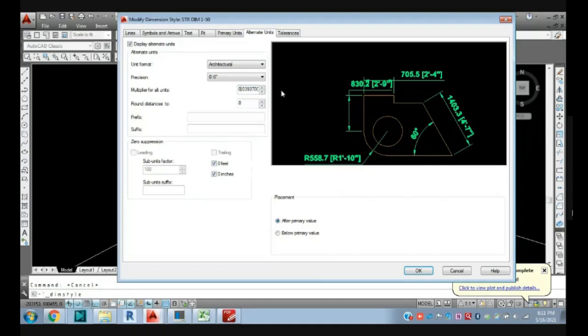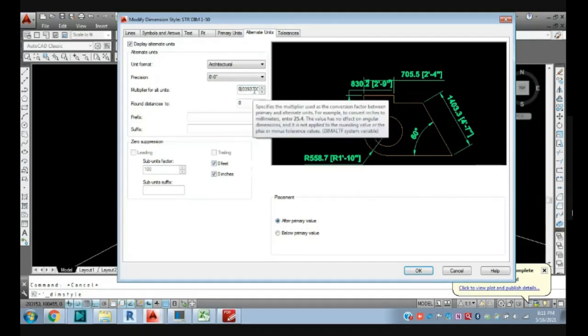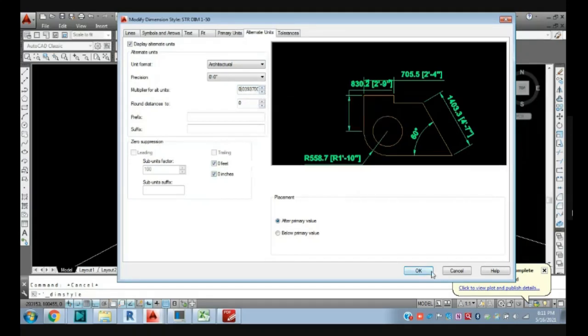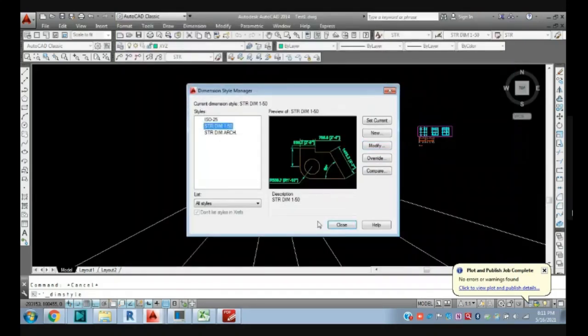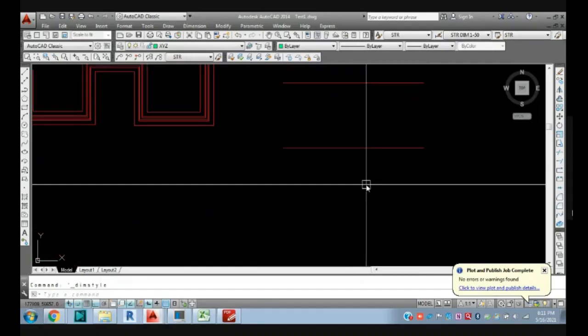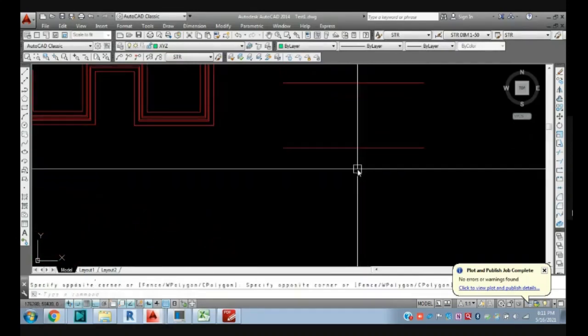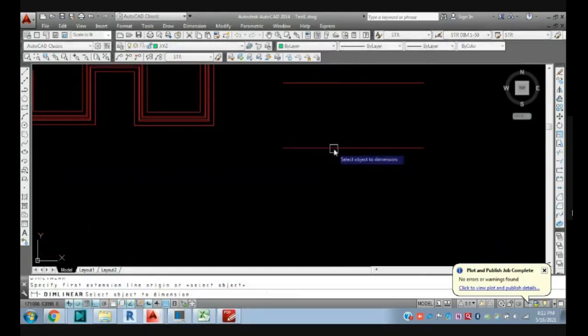Just add your multiplier here, and once done, click OK, set current and close. You can cross check your units along with these alternate units.